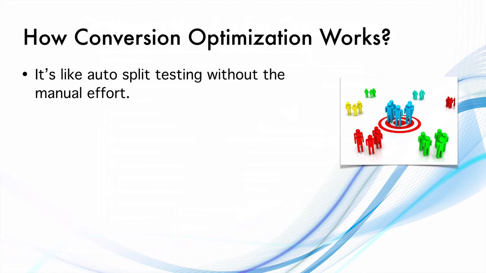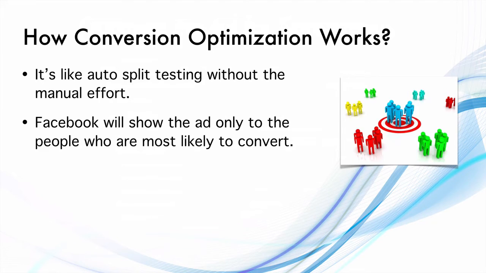So when you start an ad with the goal as conversions, what Facebook does is it starts showing the ad to different sets of people, different pockets of people, and sees which pocket converts the best. Then Facebook will show the ad only to the people who are most likely to convert, and it will not show the ad to the people who are not likely to convert. Let's say Facebook shows the ad to someone who likes a set of things or who has not liked a set of things, and they have not clicked, and even if they have clicked, they have not converted. Then the Facebook ad engine will learn that these people are not likely to convert.